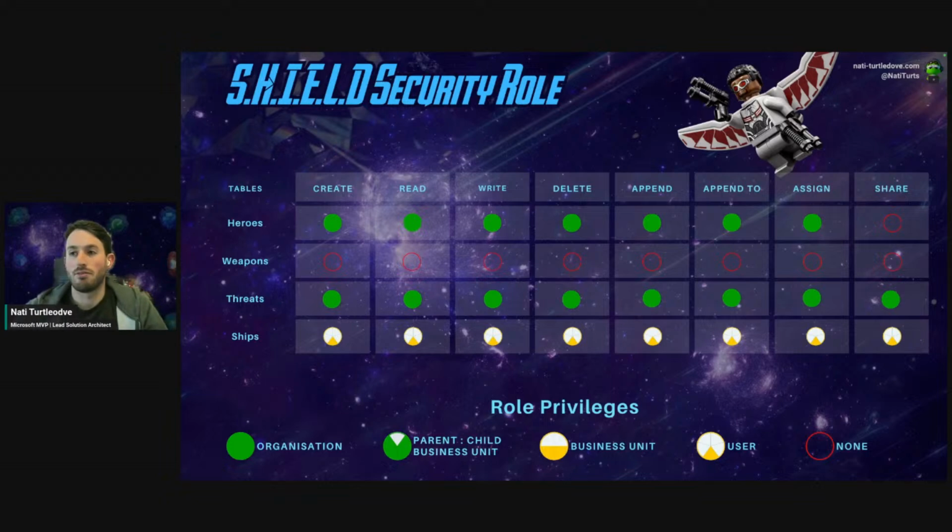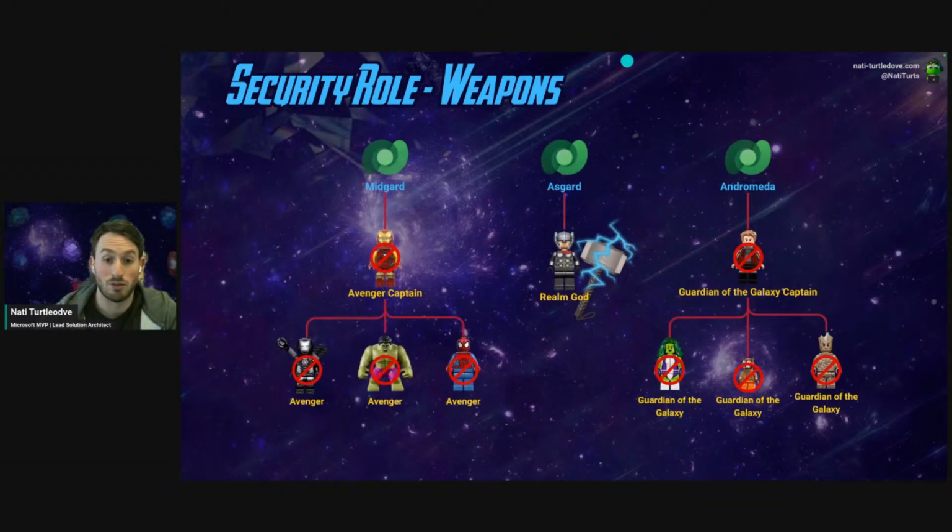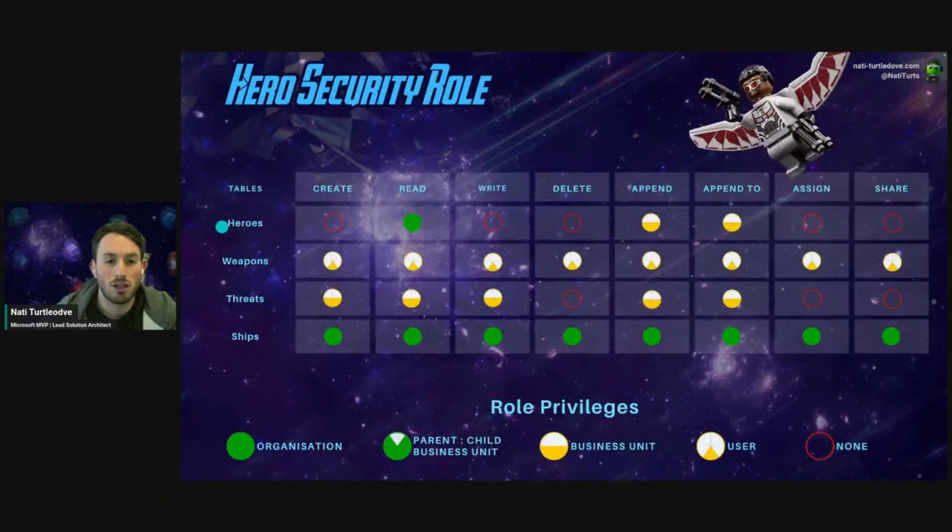Now we've touched on our security roles. One of the biggest downfalls I find with security roles is in the role table in Dataverse. Let's go back 2 slides and look at our hero security role. When we create a security role in our environment, it cascades per business unit. So if we have, for example, 3 business units plus our core business unit, in our security roles table we'll have this record 4 times, each owned by a different business unit.